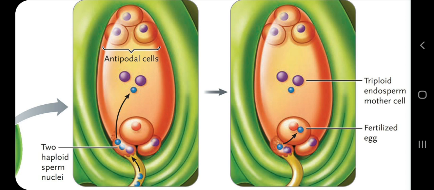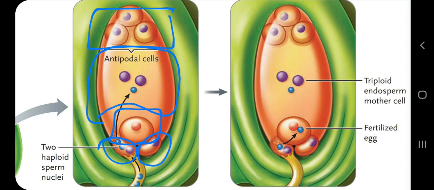The embryo sac, which is a 7-celled 8 nuclei structure, has 3 antipodals, and you can see clearly here 3 antipodals, 2 synergids and 1 egg cell. So finally we have 6 cells. Now one big remaining cell is called the central cell, with these two purple things, 1 and 2, the polar nuclei, and this little